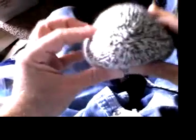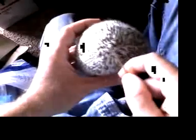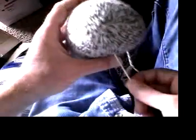So if this is going to be the face, probably think about the eyes right there. You see the nose right there. Right there is the cast on. So I'm going to come from underneath the head to about half an inch over to the left of the cast on, and pull it through, leaving about 2 inches